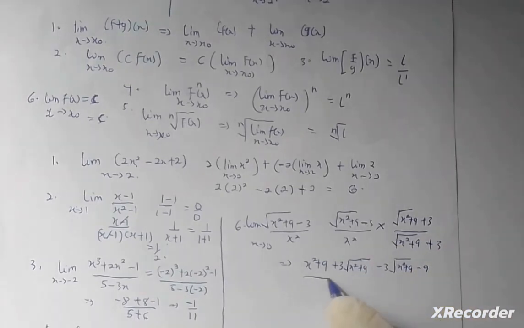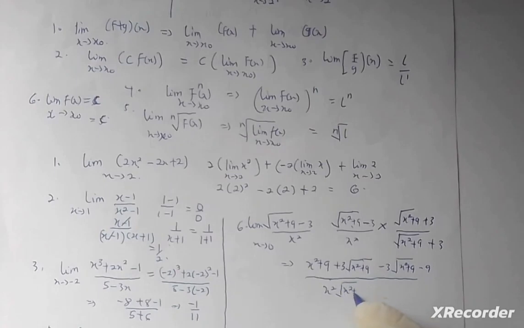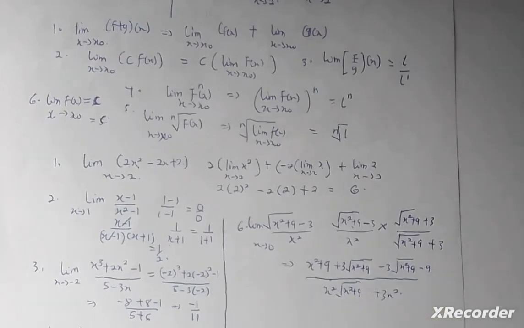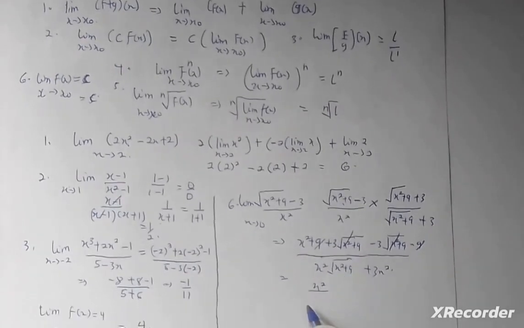All over the denominator, I'm going to get s squared multiplying square root of s squared plus 9 then plus 3s squared. So at this point I can see that this will cancel this, and this 9 will also cancel this 9. So I'll be left with simply s squared over s squared